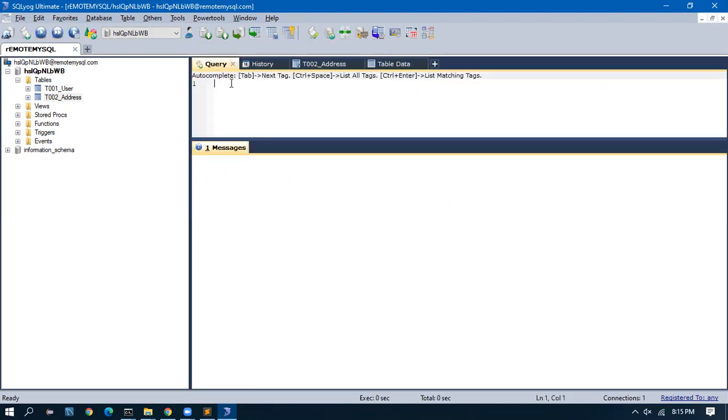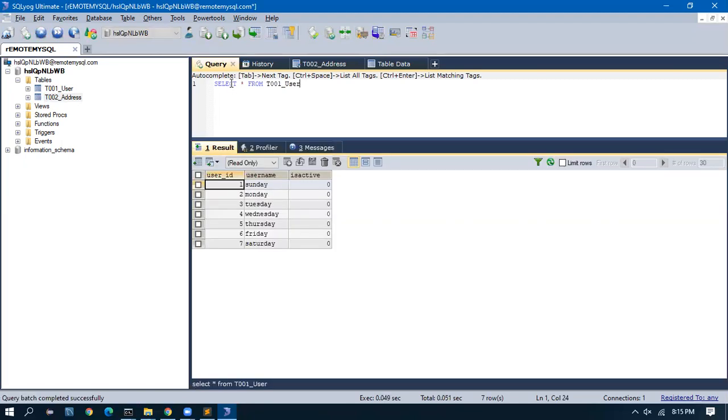Now if I want to select star from T001, I can run it and I will be getting an output as user ID, username, and whether they are active or not. By the way, why is it coming all inactive?